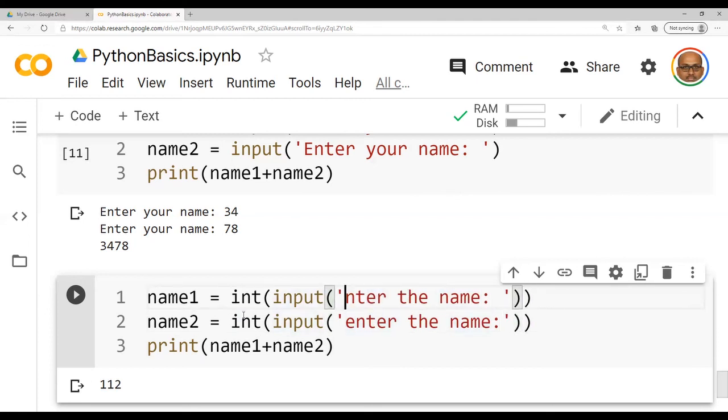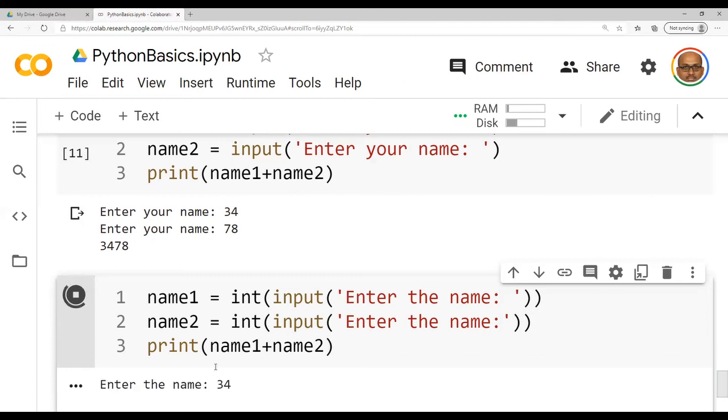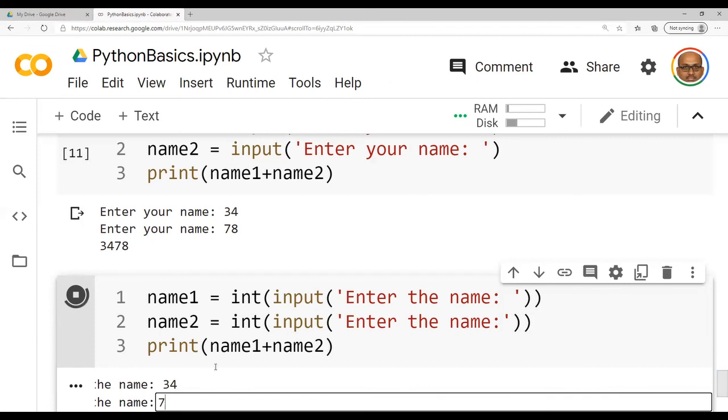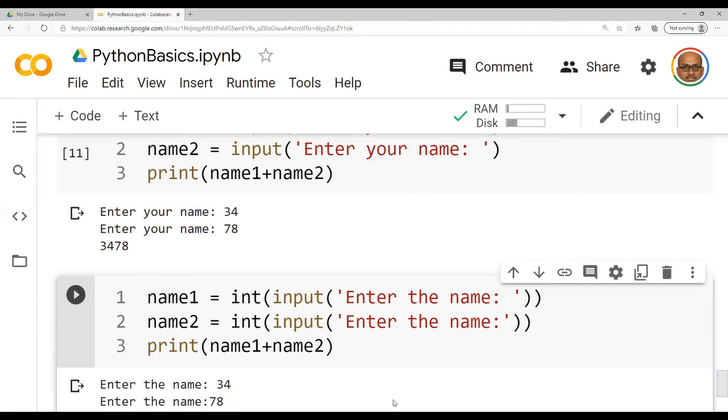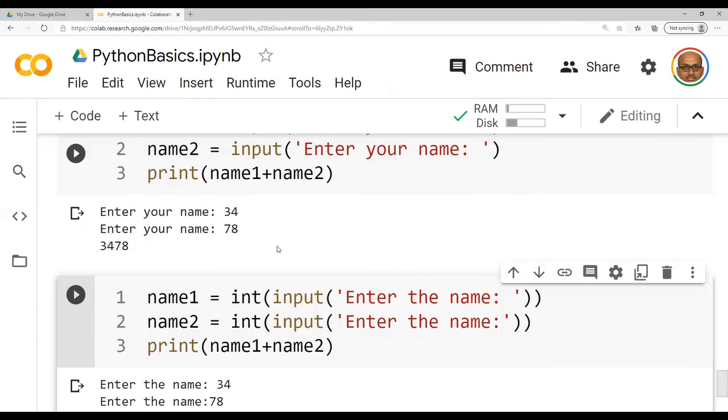Now let us rerun the same program. I am trying to give the numbers as 34 and 78 respectively. Now I am getting the answer as 112. See, for the previous one, I got 3478.